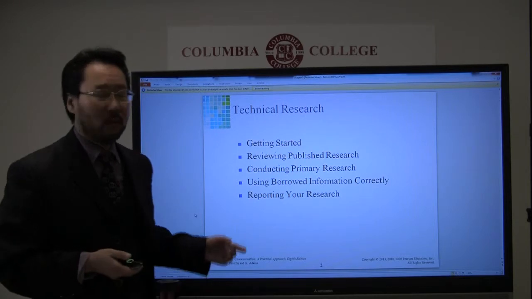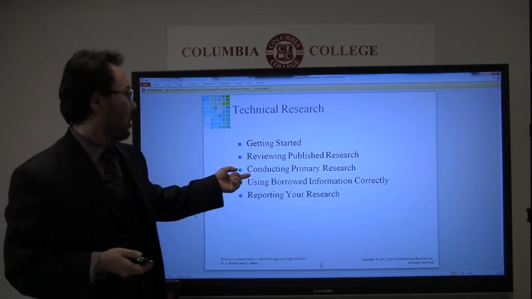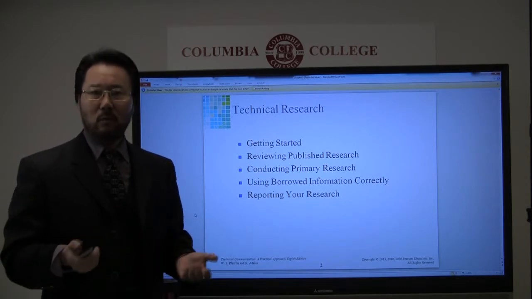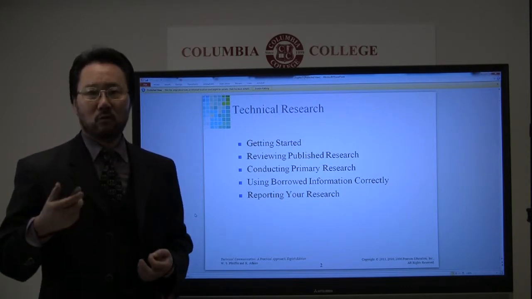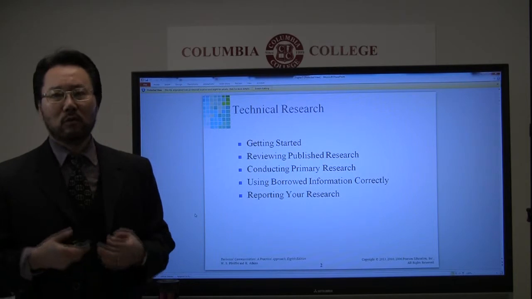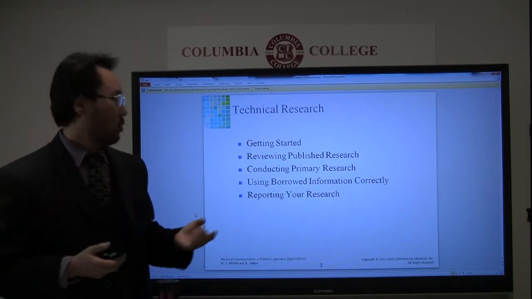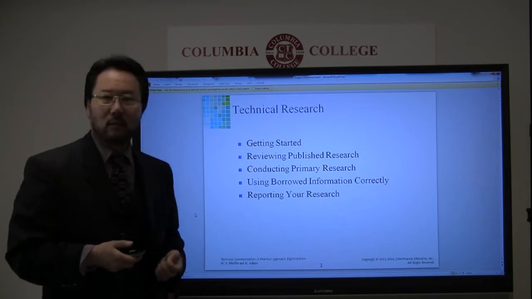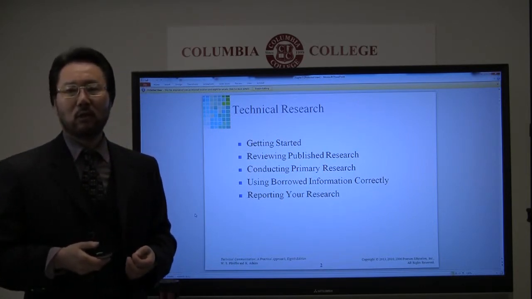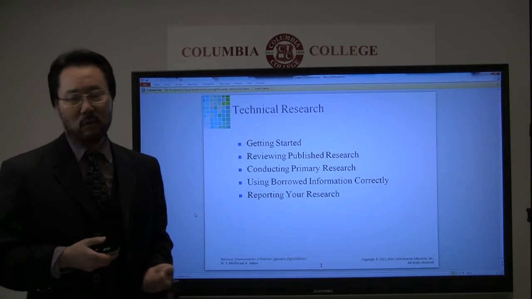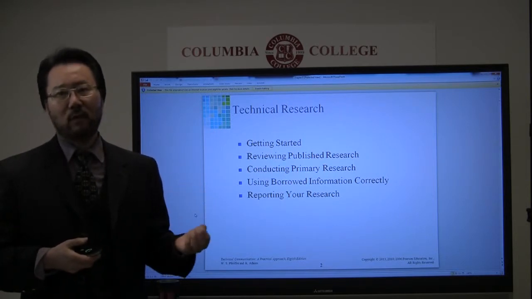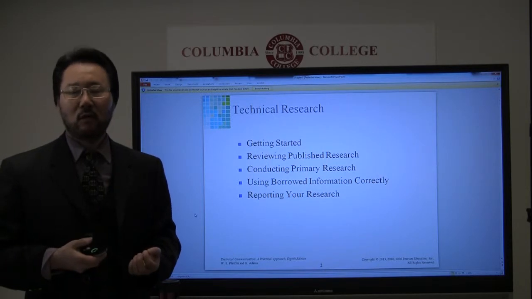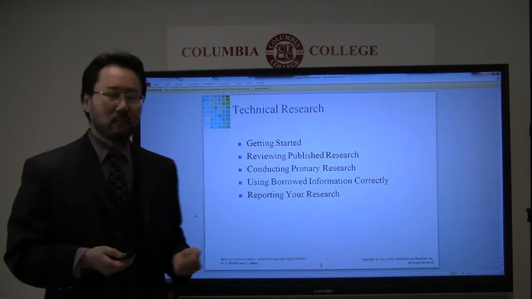That can be from what we call primary research, which means you actually do a survey or you actually do interviews. So something you do yourself, we call primary research. But other than primary research, information you find in the library or get from the web, the internet, we call secondary resources.